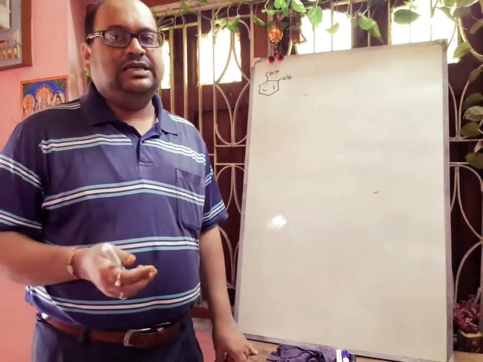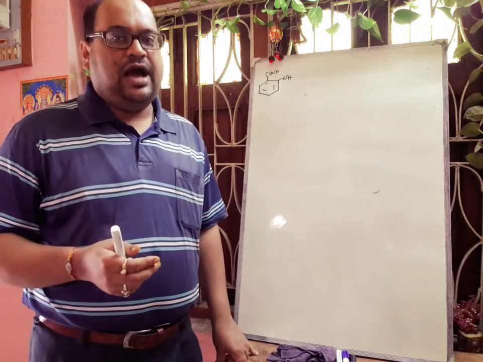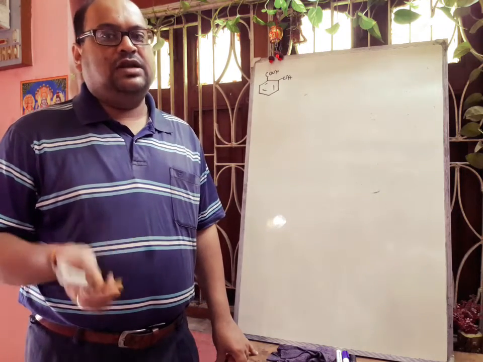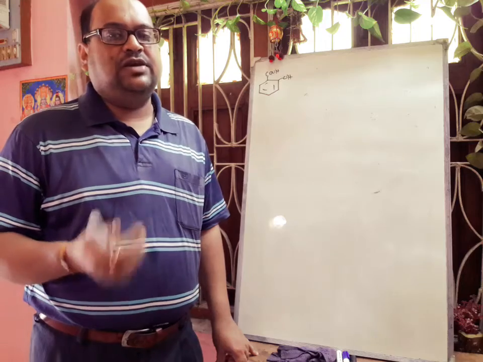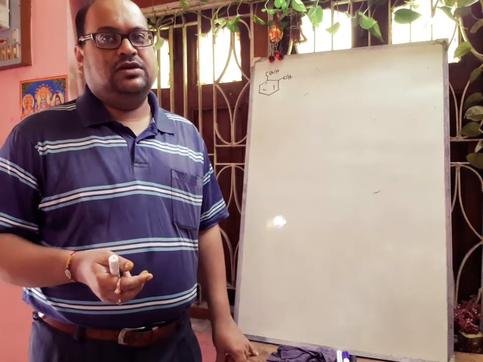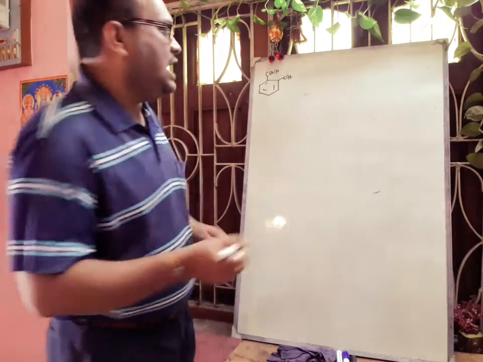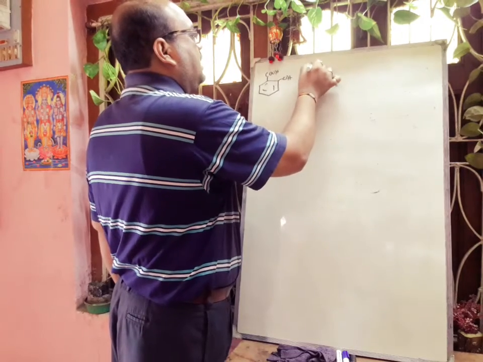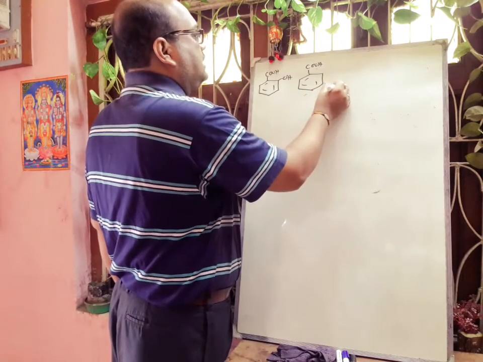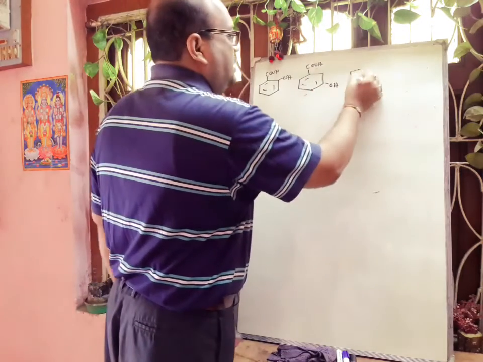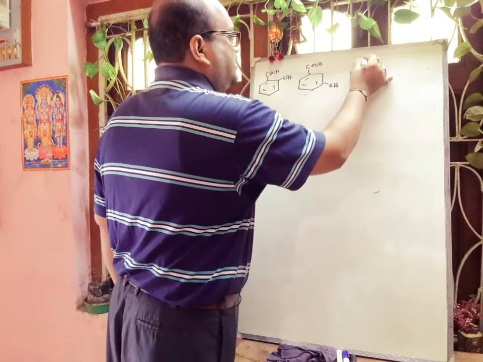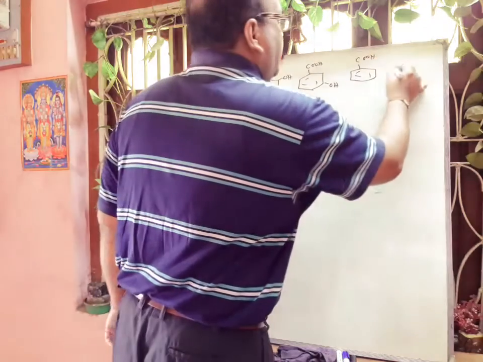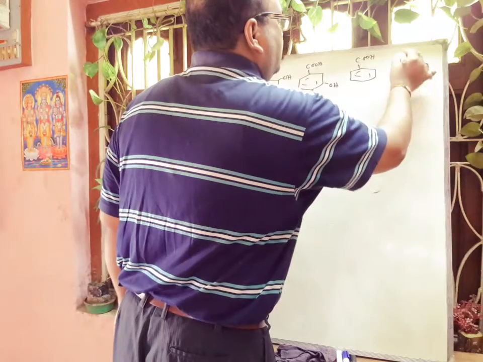The OH group present in para-hydroxybenzoic acid has an overall electron releasing effect. Hence para-hydroxybenzoic acid is weaker than benzoic acid. If I draw the other isomers also, then you can easily understand. This one is meta-hydroxybenzoic acid. Next, this one is benzoic acid. The next one is para-hydroxybenzoic acid.